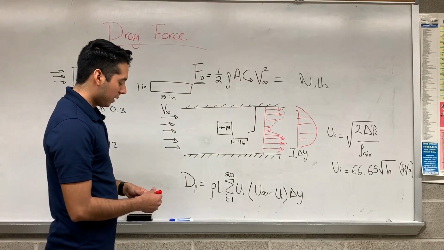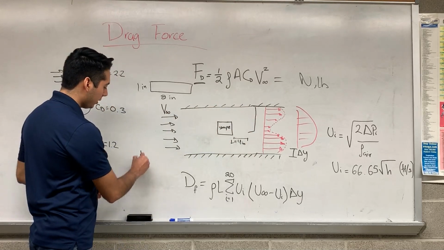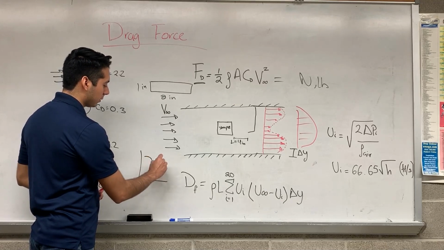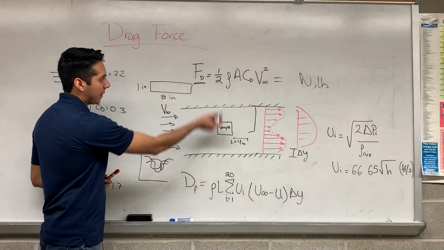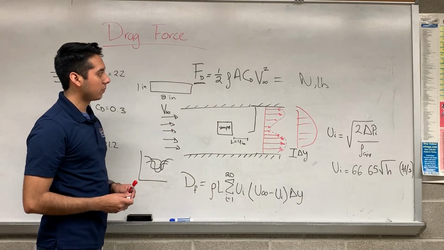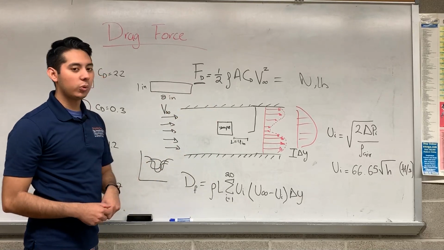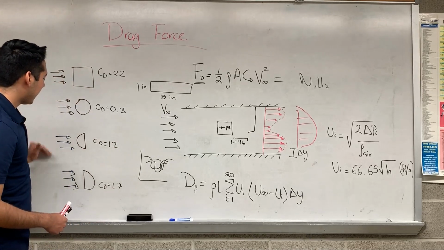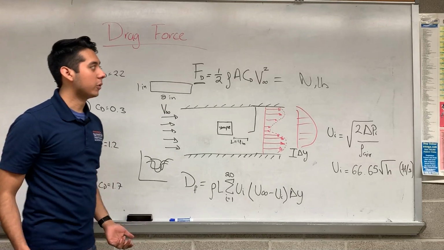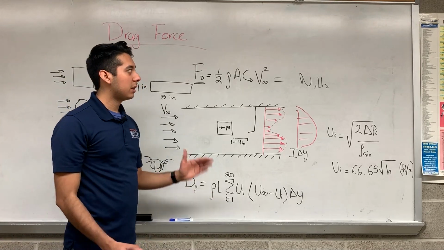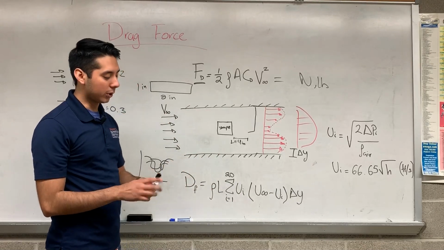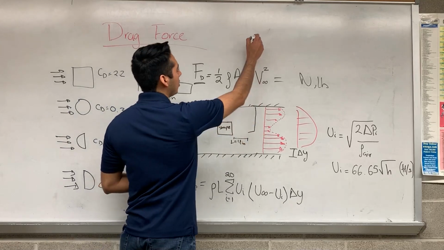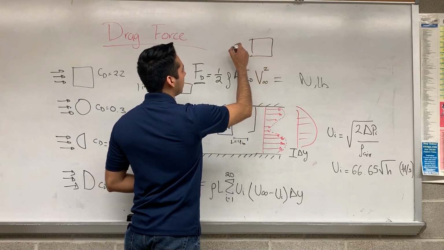So you basically will end up with a graph with all the velocity profiles of all the shapes, and you will also do the mathematical calculations with equation 1 and 2 to see which of these produces the highest amount of drag force. And what we mean by drag force is just the force that's opposite, that's giving you resistance to move in a fluid. If we were to plot that graphically, we can have